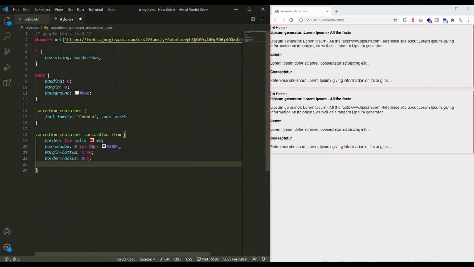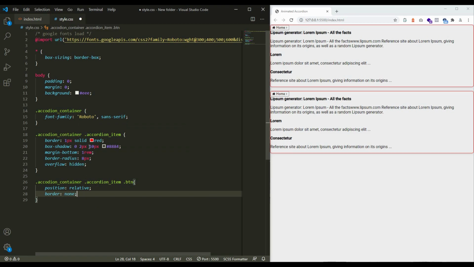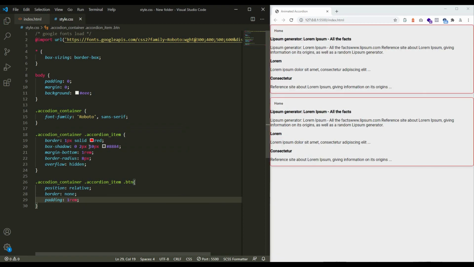and border-radius set to 8 pixel, overflow set to hidden. Copy the line and paste it here, and add .btn, that is the heading of our accordion, and set position to relative, and border none because this is a button, padding set to 1rem,